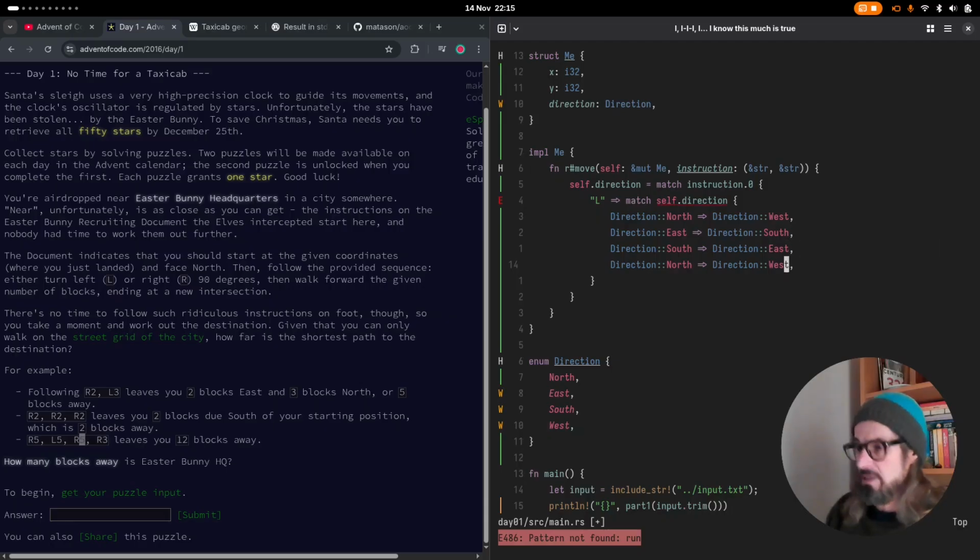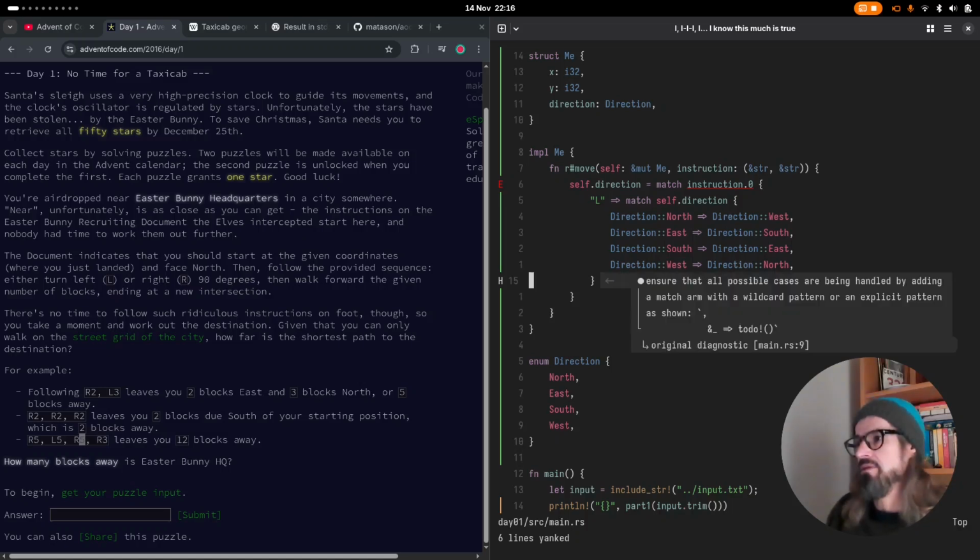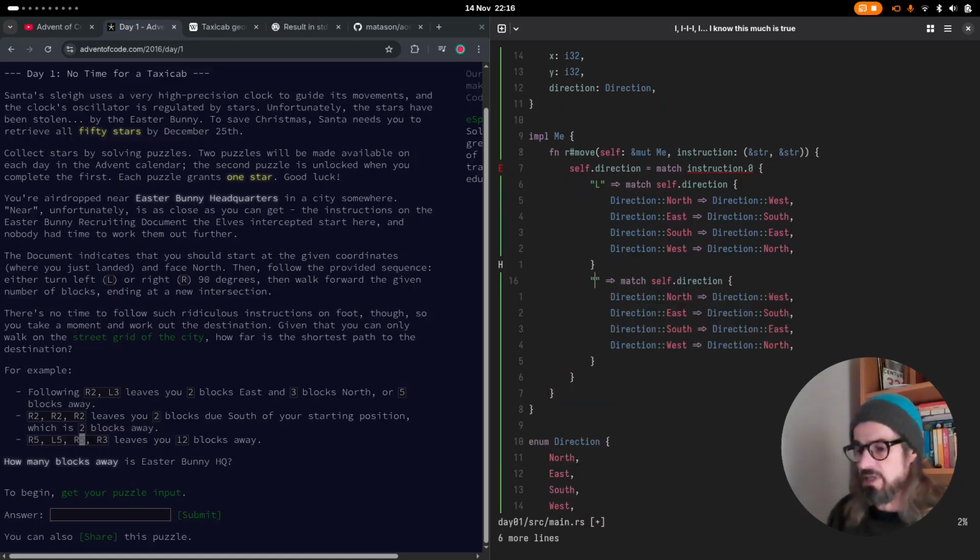And if we are going west, it's got to be north, only one left. So that's all fine. And then we copy that, yank it, go down here, and then if we have R,